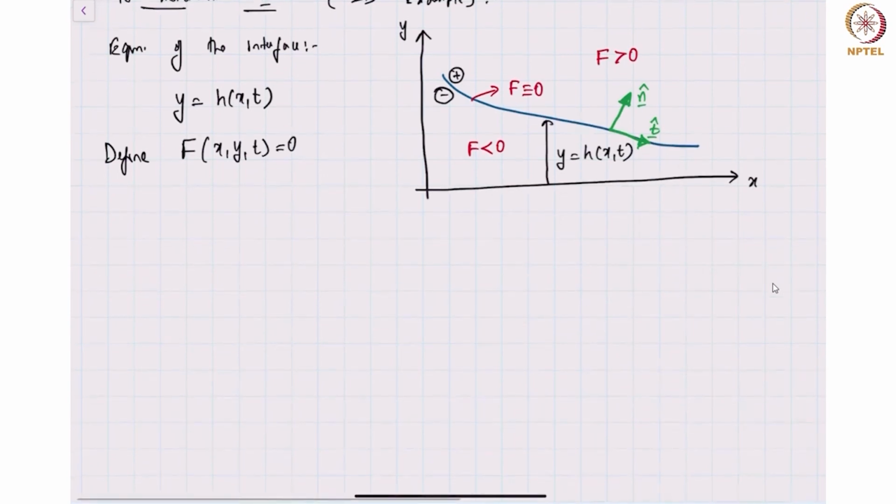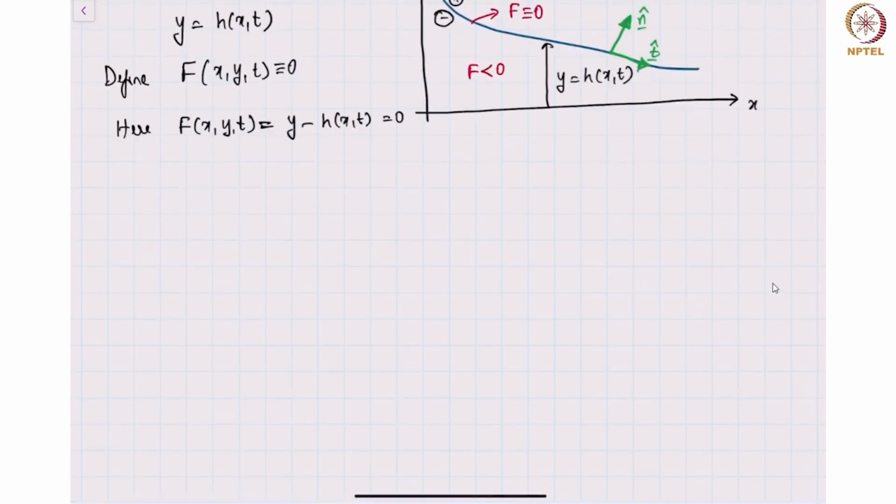Okay, so I've defined this F and ensured that F is identically 0 at the interface. I can do this by simply saying F of x comma y comma t is explicitly written as y minus h of x comma t. This is equal to 0. But remember, the interface is only on that blue line, but the function F has a value everywhere in the domain. So F is less than 0 below the interface in the minus region, and F is greater than 0 in the plus region, and therefore the normal vector,